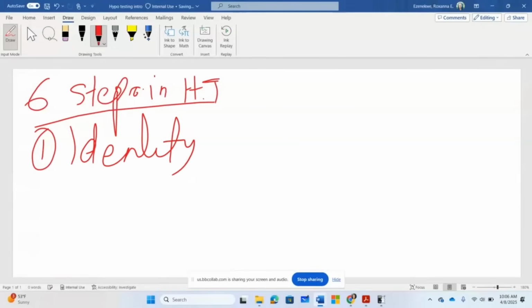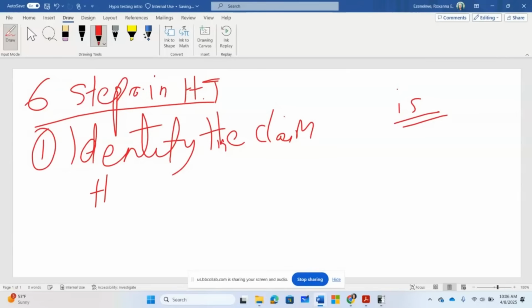Identify the claim. What is the person claiming? What is he saying? Identify the claim. In other words, read the question and find the keyword. And this claim can be, can say is, which is two-tailed. So this is the way we identify the claim. So the person will just make a claim, and we shall call it. It depends on the